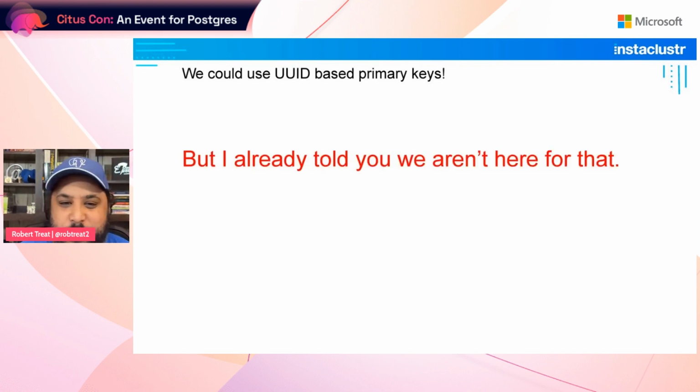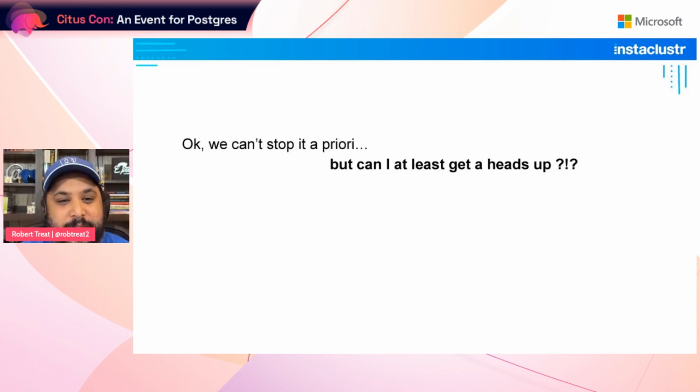But as I mentioned, we're not going to talk about that in this talk. So let's just put that out of our minds for the moment. All right, so if we can't be sure that we will never run into this problem based on schema design, I think the other thing people would say is, well, how do I get a heads up on the problem so that if it is going to happen, I know in advance, I have time to deal with it? And I think there are some things you can do.